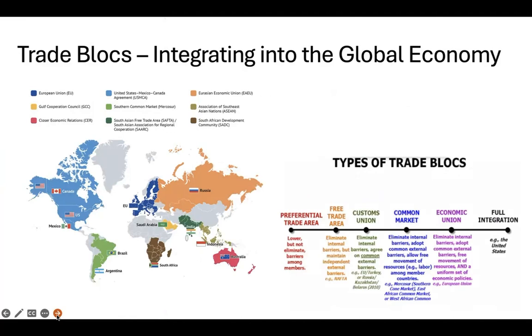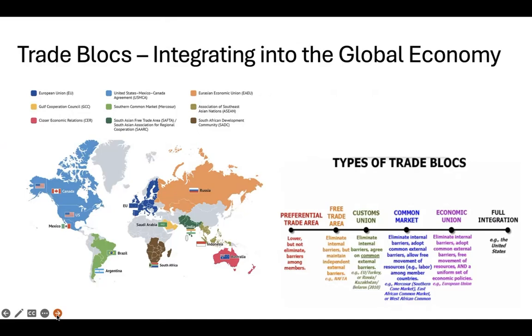And you can see some of the others, including some long-standing, really important trading blocs, such as Mercosur down there in South America. And it's worth remembering that we talk about trade blocs in generality, but they are, of course, all different, and they can increase in their depth. And that depth of trading relationship is shown by the diagram at the bottom there, where we can start with a very, very light touch of a preferential trade area, and then we can move through free trade areas, through